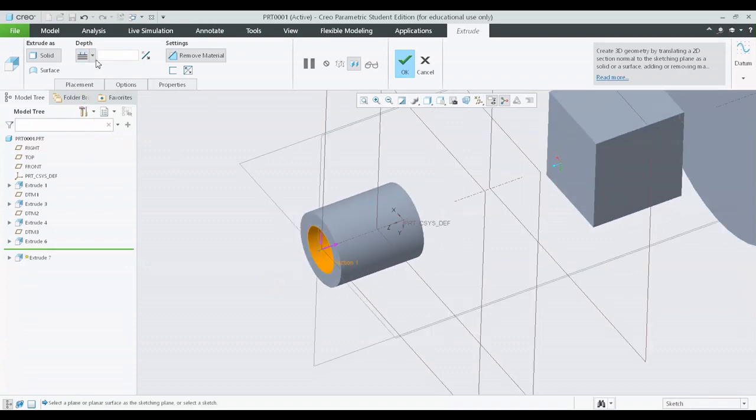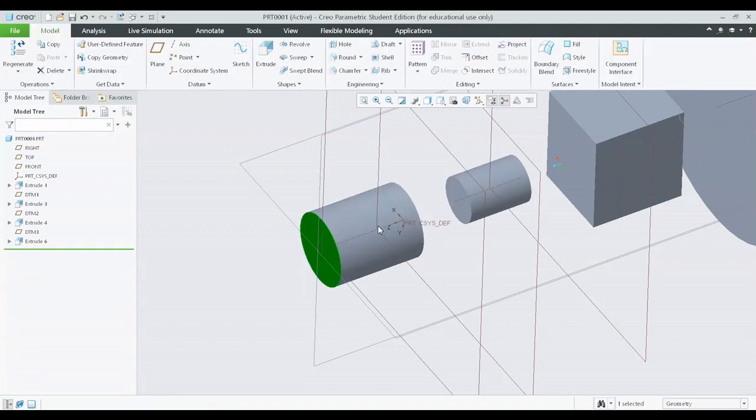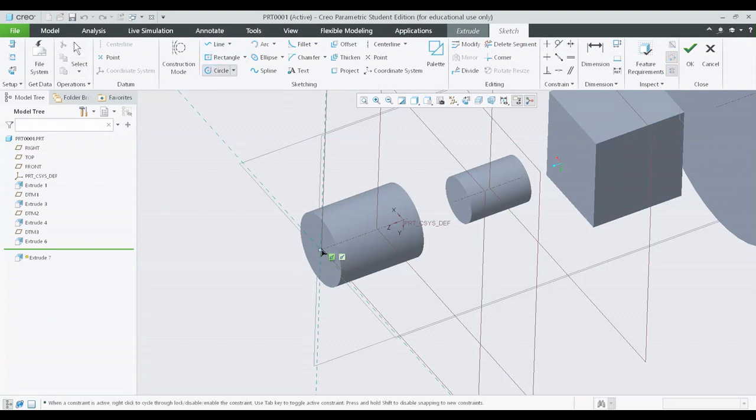Okay, and then you have this option. One second. Extrude, yeah, circle,